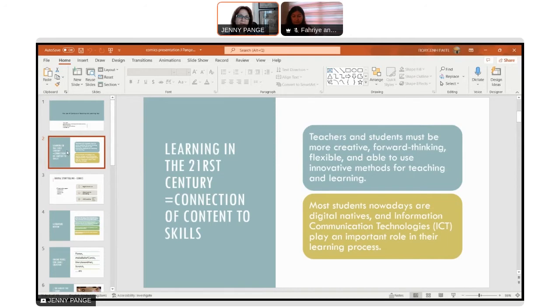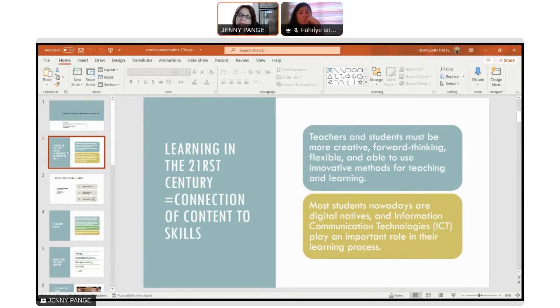Why is it important for teachers and students to use comics? One is that students, children, can share their experiences when they use comics. And that also shows emotion to all participants.